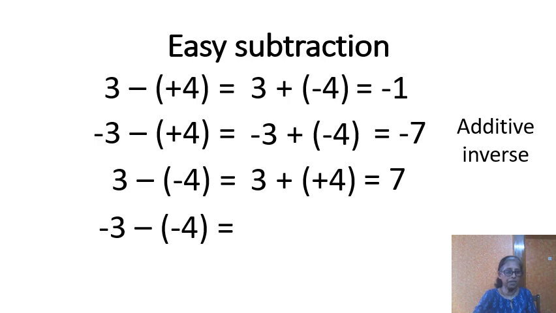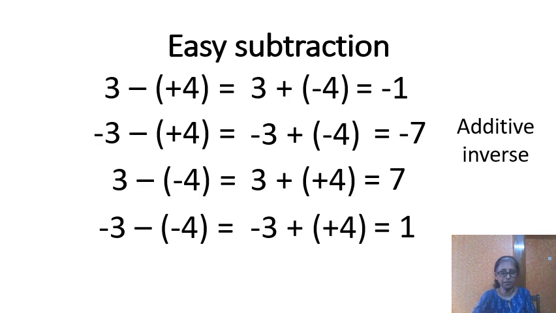Next number is minus 3 minus minus 4. Look at it carefully. First number minus 3 is written as it is. Then convert subtraction symbol minus to addition symbol plus, and take the additive inverse of minus 4 and write plus 4 there. And you find that here one number is plus and the other one is minus. 3 is having negative sign whereas 4 is plus. They are opposite integers, and therefore you have to do subtraction. So 4 minus 3 is 1, and then look at the sign of the bigger number. Bigger number is 4 and that is having plus sign, so the answer is plus 1.